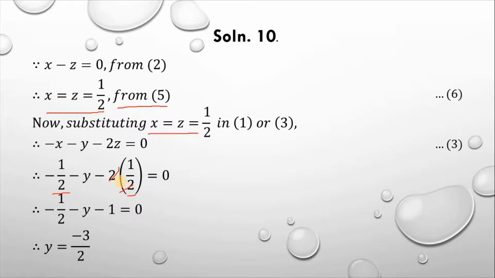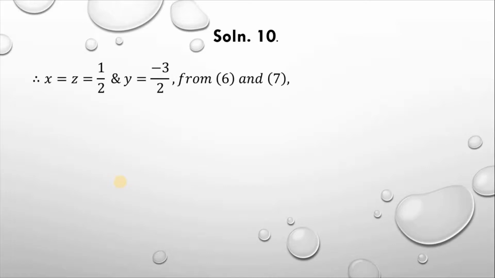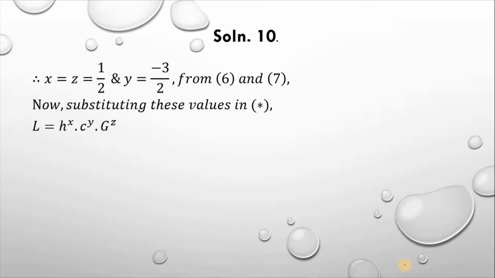So this is our equation number 7 and final equation. Using equation 6 and 7, you can write x equal to z equal to half and y equal to minus 3 by 2. Now substituting this in equation number star, which we took initially,